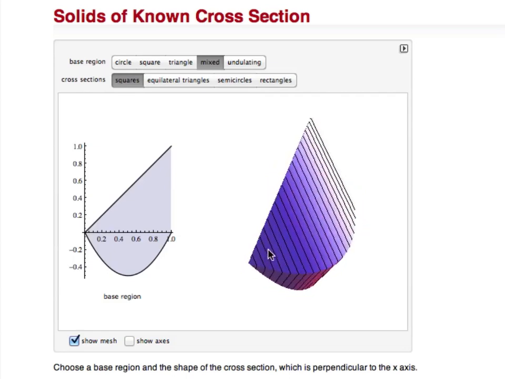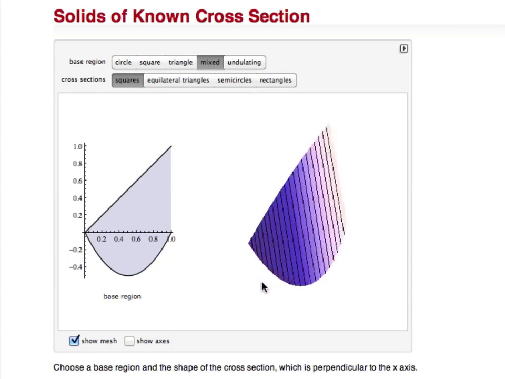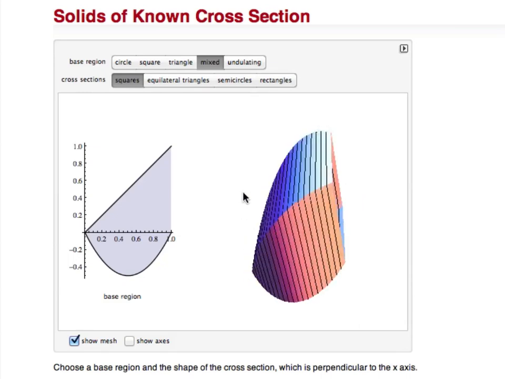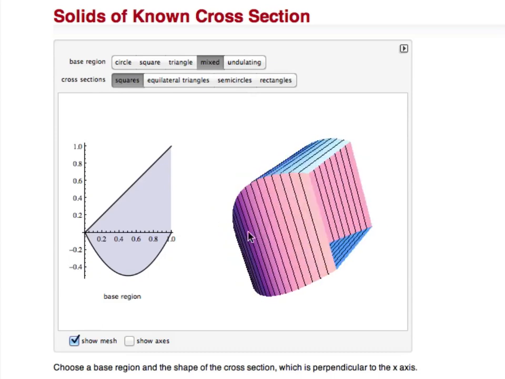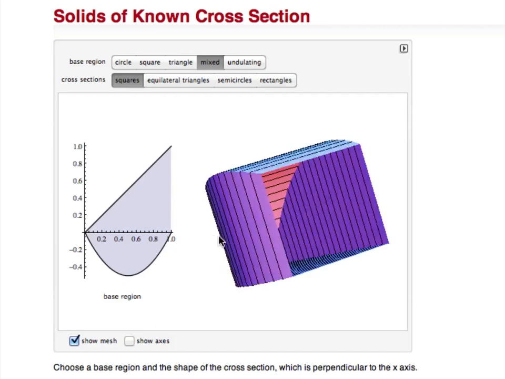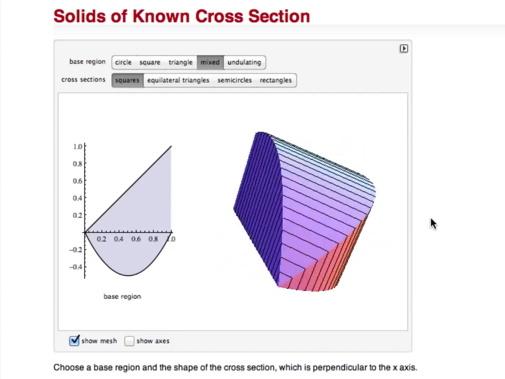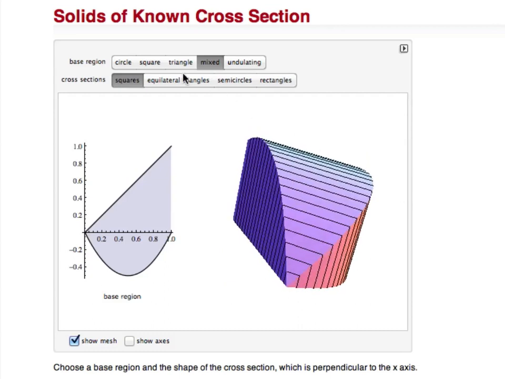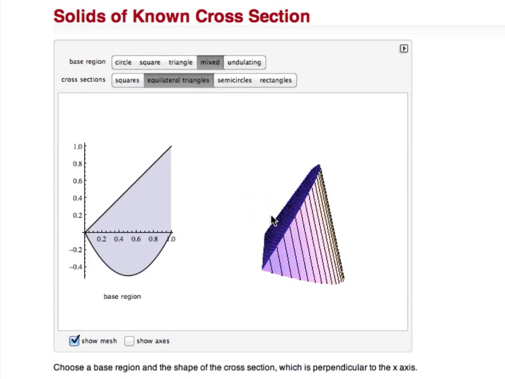Okay, and you can see that's what's happening over here with this solid. So right across here, they just made a square. Okay, and you can do that across the entire function, and you get a solid that looks something like this. Now, because we know the area formula for a square, we could actually find the volume of this shape. Pretty crazy, huh? Now, our cross sections could also be equilateral triangles because we know the area formula for an